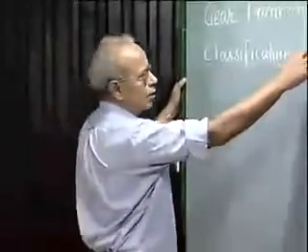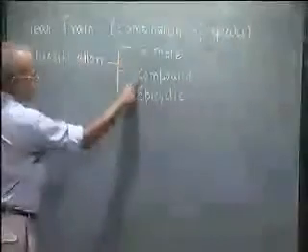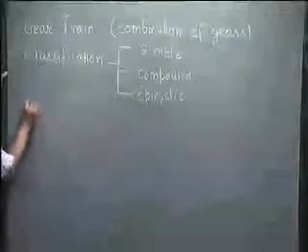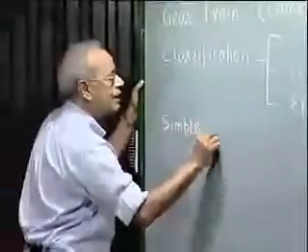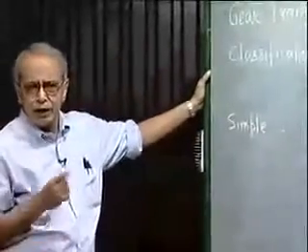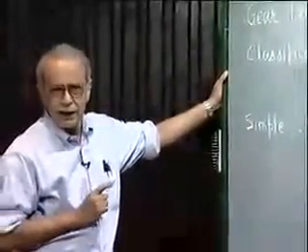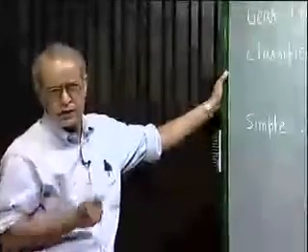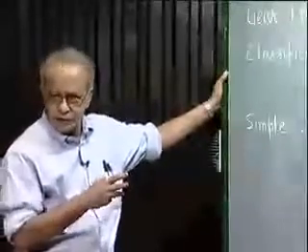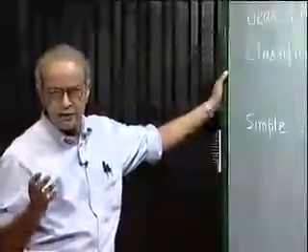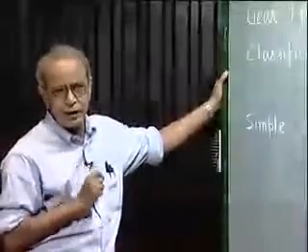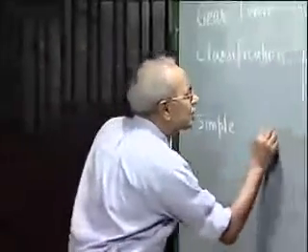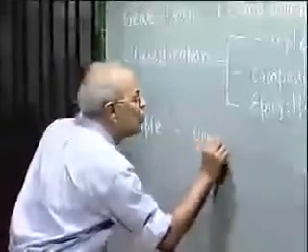These are the three normal forms of gear train: simple, compound, and epicyclic. Simple gear train is that gear train where on each shaft there is only one gear. There is the input shaft, there is the output shaft, and there may be several or one intermediate shaft connecting the input to the output shaft, but on each shaft there is only one gear. So simple gear train has one gear